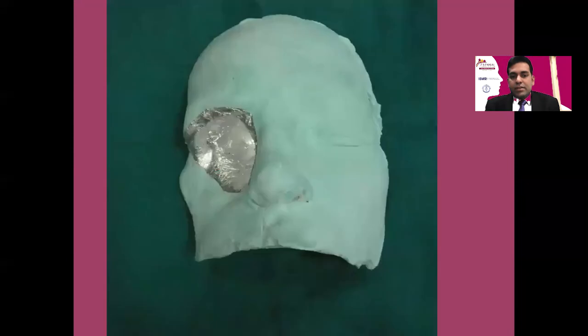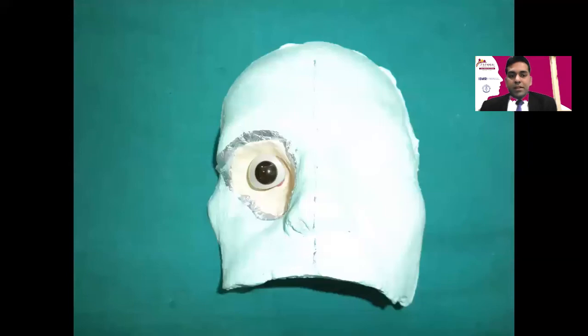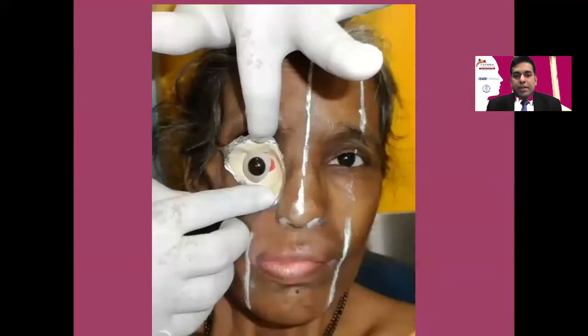Now the next case, again, it's a case of orbital defect. It was a big defect, and we made the impression by blocking undesirable undercuts. And this facial moulage was used for fabrication of the sculpture. So here you can see that the aluminum foil has been used as a separating material, and the eye shell having stock was used. And we had used this clay for fabrication of this pattern. And as I was discussing, the stock behind this eye shell will help to adjust the position of iris very easily.